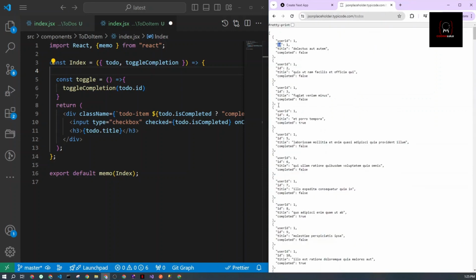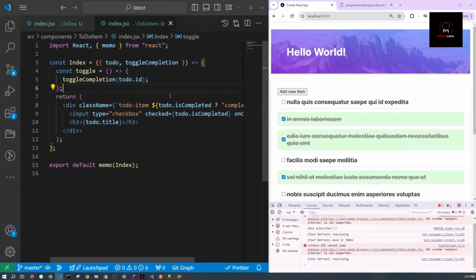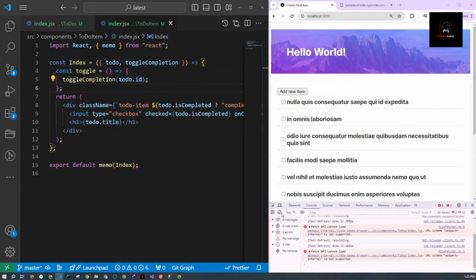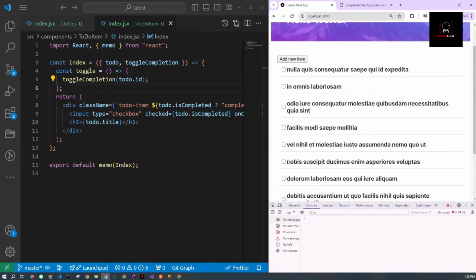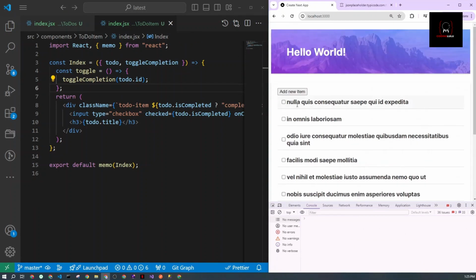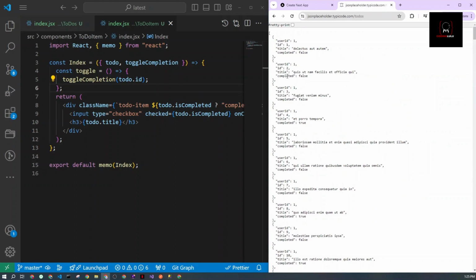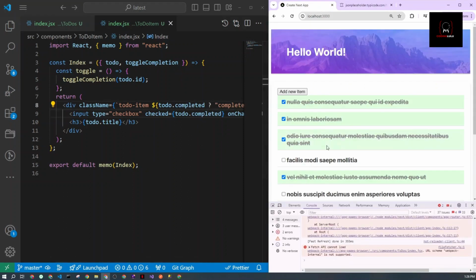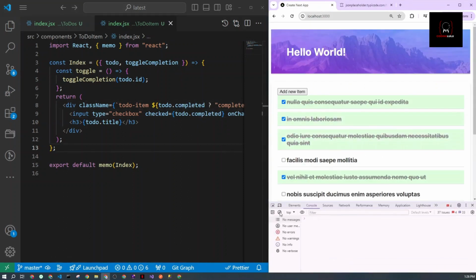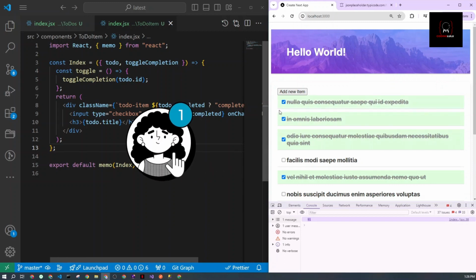Now let's see if our property is going back up. Let's save our page, I'll clean up my console and check. First thing here, these things are not working because the property is completed. Let me fix this. It's not isCompleted, it's just completed. Okay, now it's working. Now let's check if our value is going back up. I'll untick this one, and there we go, it's coming as expected, but it's not working yet because we didn't do anything. So what I will do now, I'll go back to my